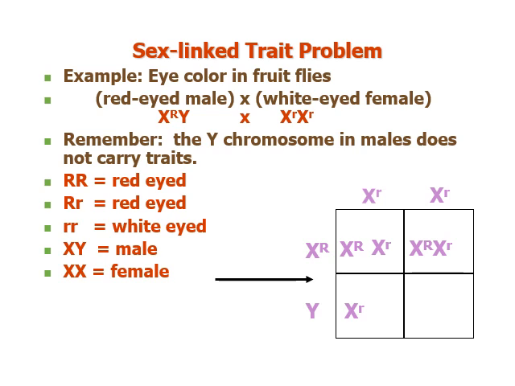On the bottom left, we have an X with a lowercase r and then a Y. Notice for males, the X chromosome always goes first. And then for the next male, we have X with a lowercase r and then a Y. So in this case, we have a 50-50 chance that the offspring would have white eyes, but out of those ones that have white eyes, 100% of them are going